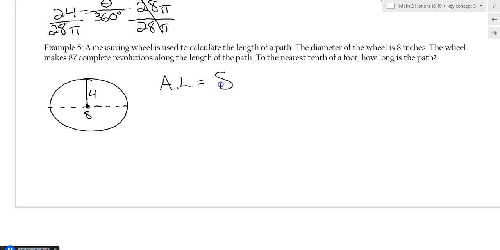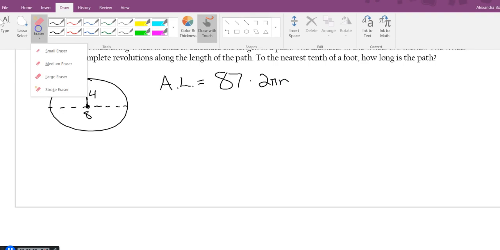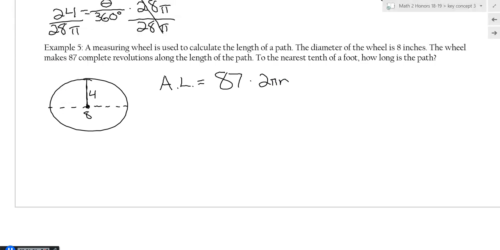But we made 87 revolutions times our circumference. More generic, it's number of revolutions times your circumference. So in this case, we have 87 revolutions